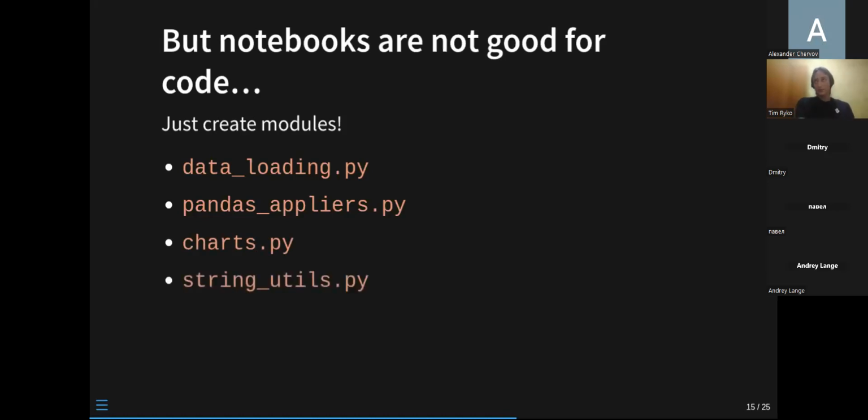Finally, something like string_utils.py makes sense because we at least always work with strings, with some file names, I don't know, with some sheet, when we usually need to do something with strings. It's quite common, personally for me. So just create modules, and